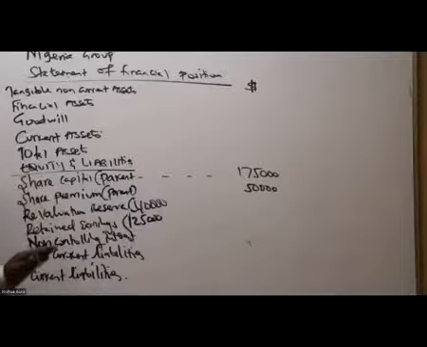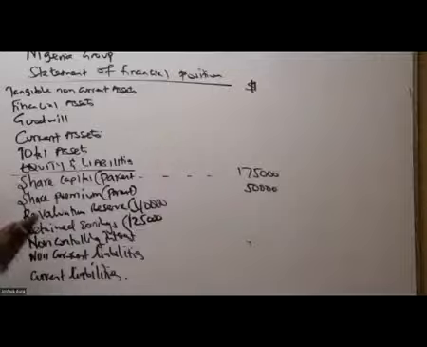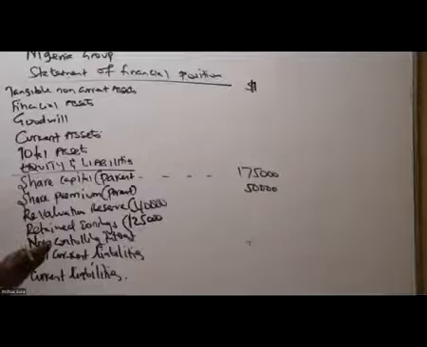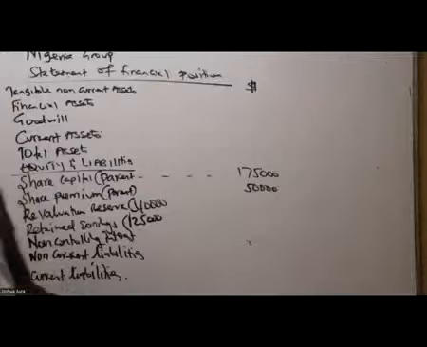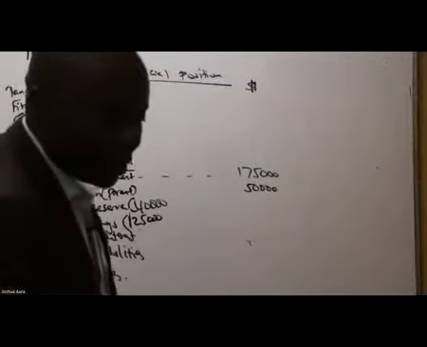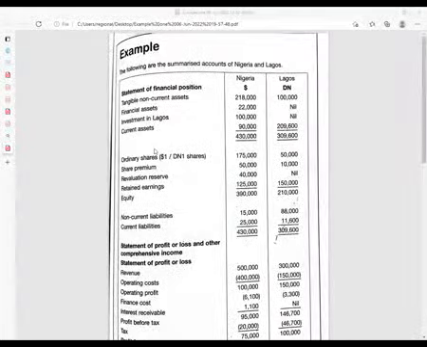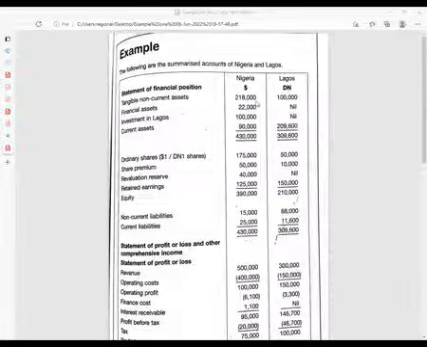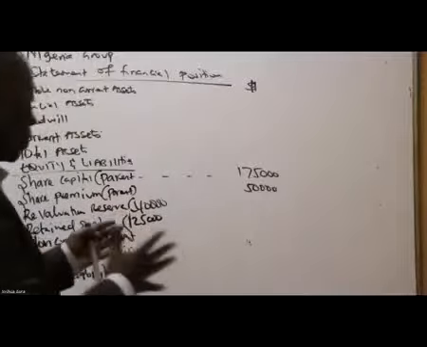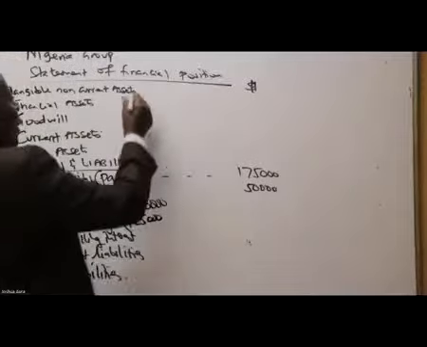That is very good. The moment you write like this, you'll end up getting so many marks without even knowing what you are doing. So we start with the first thing here, which is the tangible non-current assets. I can see Nigeria as 218,000 and Lagos as 100,000. So please combine the two, because consolidation is all about adding. So 218,000